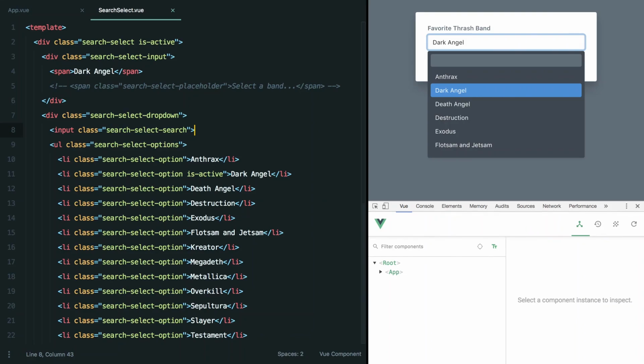I'd like to use a bunch of the ideas that we've learned so far in the course to build this pretty slick search select component over here. So to start, I want to take this static template and just turn it into a basic functioning dynamic component. So right now, this list of thrash metal bands is completely static. So why don't we work on turning that into a dynamic list that we can iterate over to build up